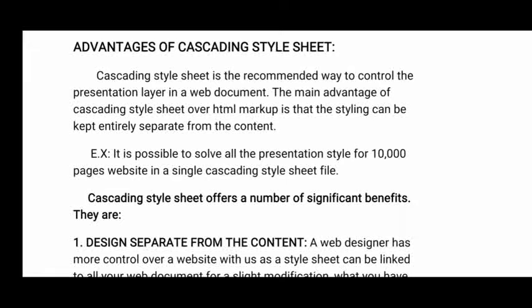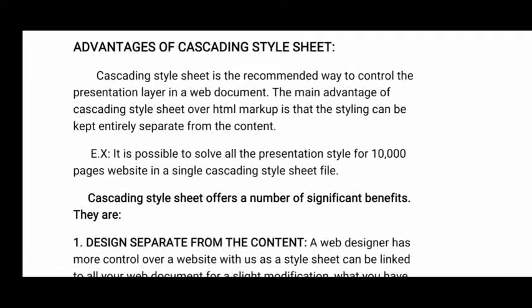So when you have included the CSS file in that HTML document, whatever properties you have mentioned in that CSS file, all those properties are applicable to that HTML file. So that is called reusability, and in web designing we have many more advantages using the CSS file.